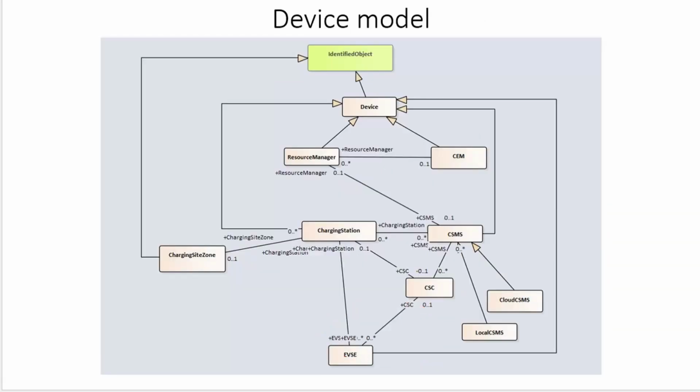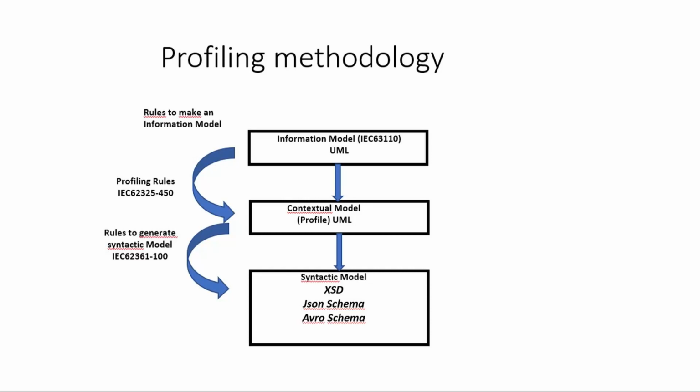Here is an example of the diagram of a particular package, the device model package that groups physical devices. This involves defining the messages that are exchanged during the various operations between the charging station and the CSMS. For this, we use the profiling methodology, which has been defined in connection with the use of the CIM, Common Information Model, from the standards IEC 61970, 62325 and 62966-8. Here the reference information model is not the CIM but that of the standard IEC